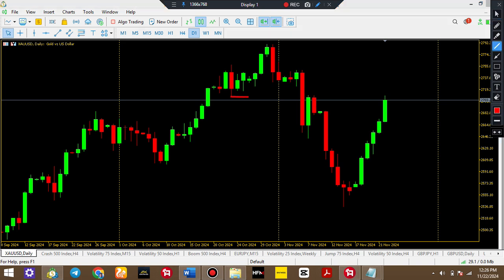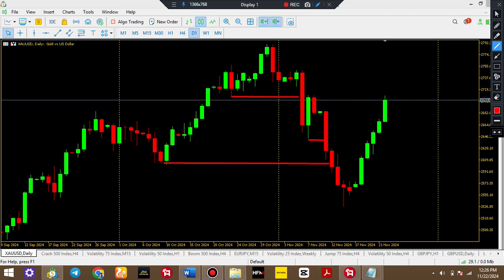So the daily time frame started giving you a change of character from this point. For you to master all these things, go and watch the video on market structure. So price changed from here, right? Then price made a pullback. We can have a mini break of structure here. Then the overall is around this area. So you can see that we are bearish in the market in the higher time frame, that is, in the daily time frame.